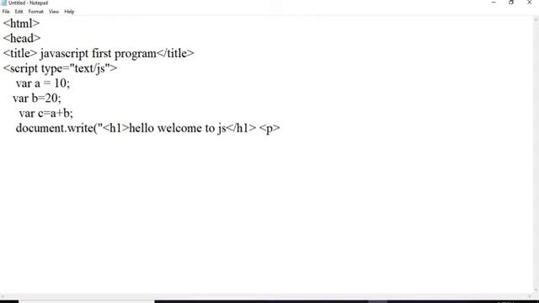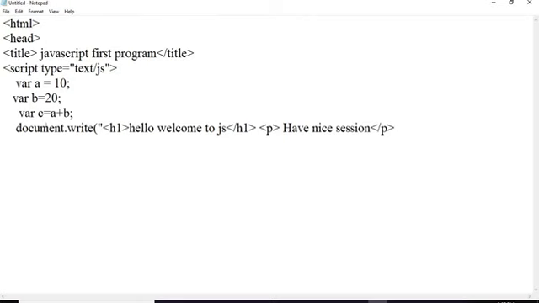So I am going to take the paragraph as how, that is going to take in a paragraph fashion. So I will close the paragraph tag.